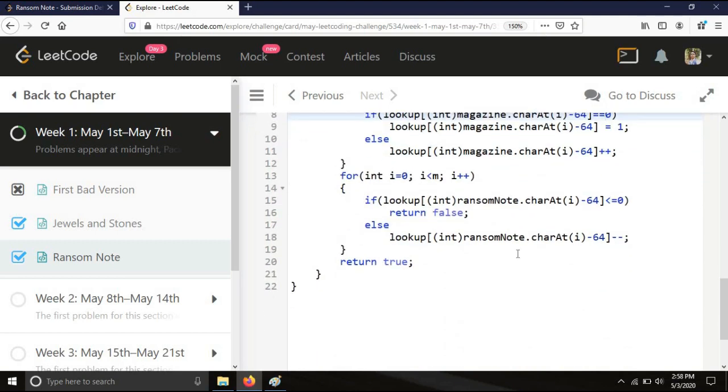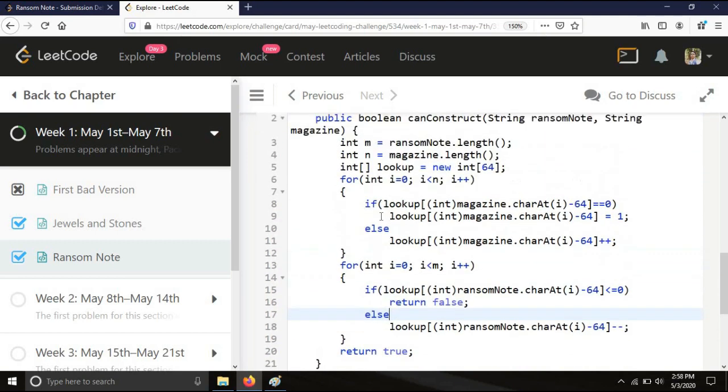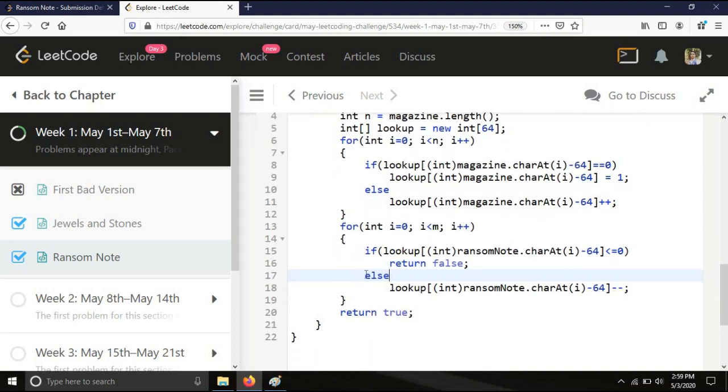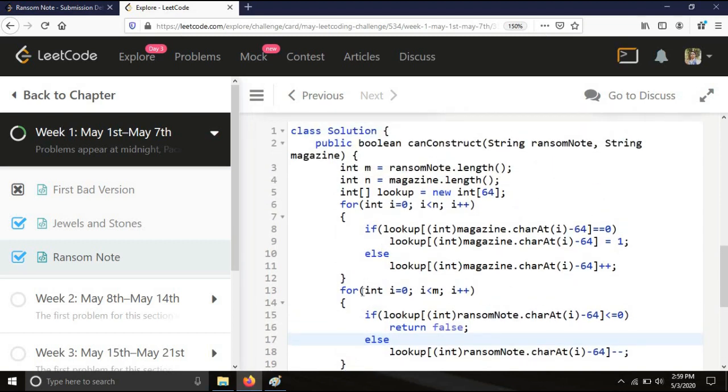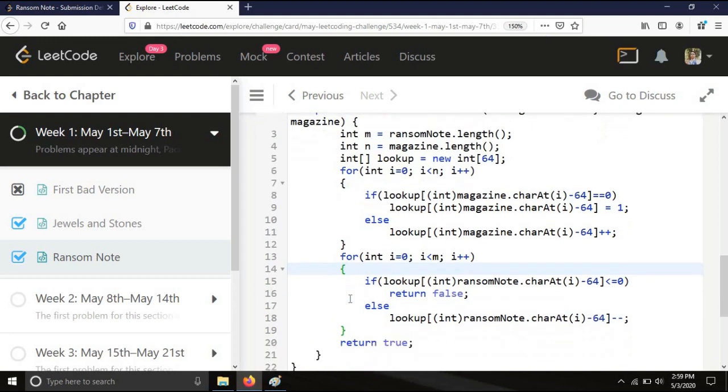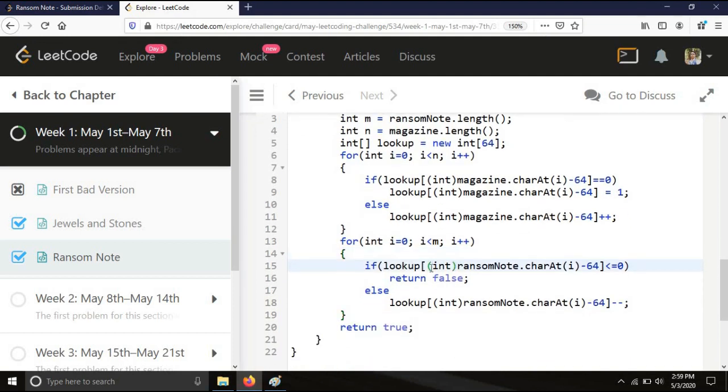Okay, now once we have done this, we have the frequency of all the available characters in the magazine string. After that we will iterate through the ransom note string, and we will check whether we can use the letter from the magazine string or not.